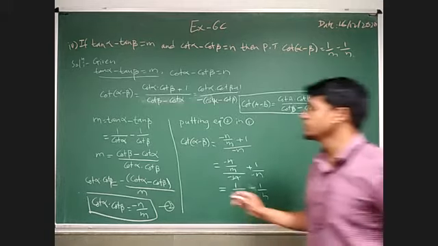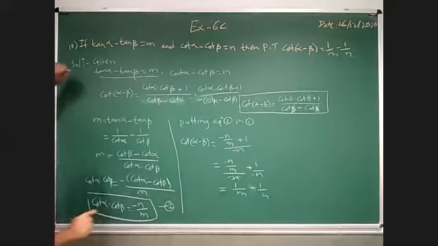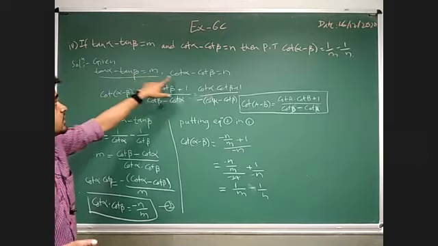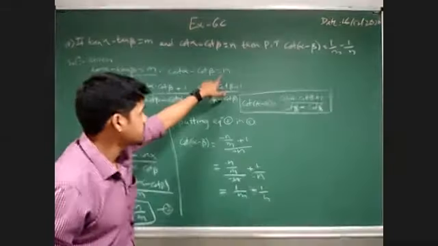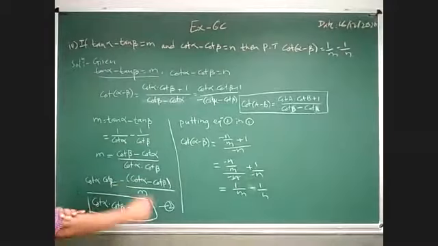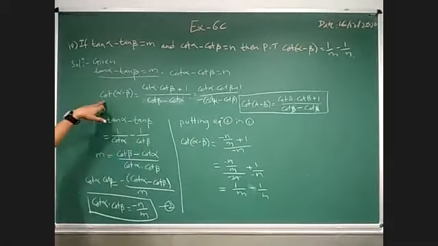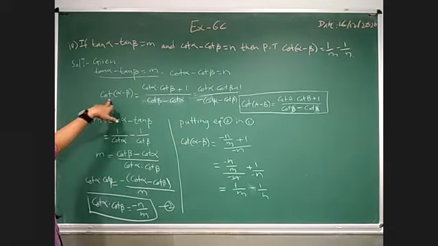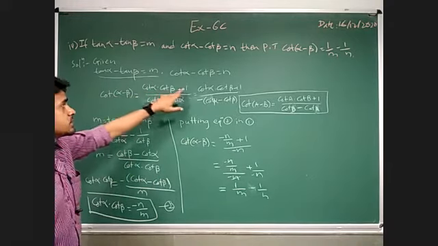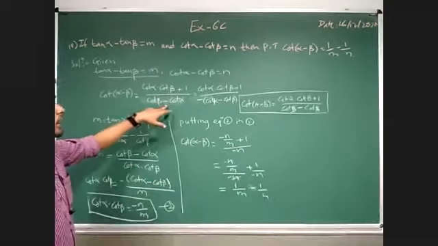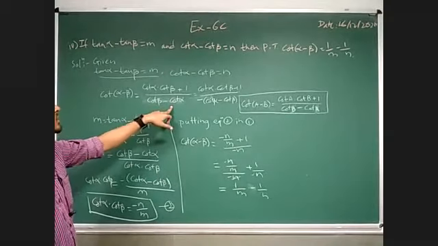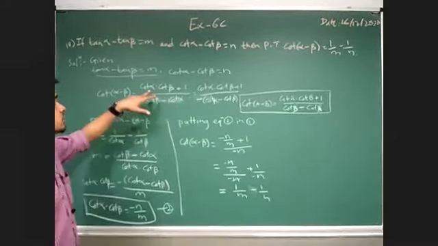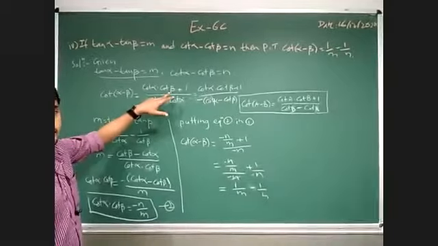Okay, once again I'm going to tell you that tan alpha minus tan beta is equal to m, that is given. Cot alpha minus cot beta is equal to n, that is given. Now here we have to find cot beta minus cot alpha, right? So I just write the formula, cot alpha into cot beta plus 1 over cot beta minus cot alpha. So we have to find cot beta minus cot alpha over cot alpha into cot beta.